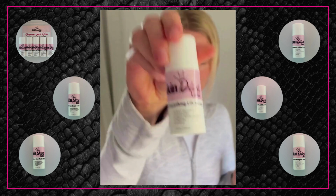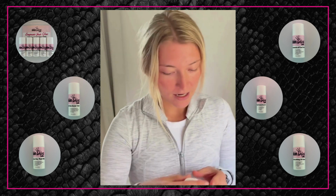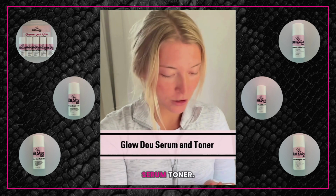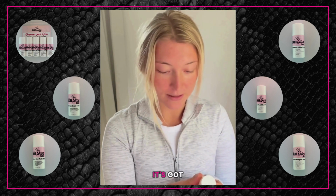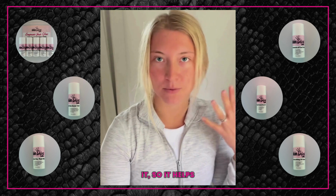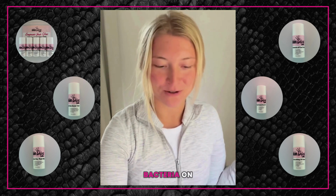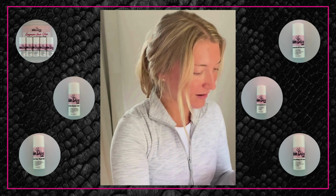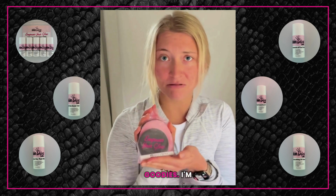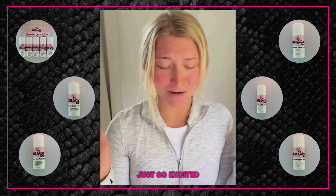And we've got the Glow Dewar Serum Toner. I'm so excited about this one. It's got probiotics in it, so it helps balance good and bad bacteria on your skin. So really excited to try that. Oh, and more goodies. I'm just so excited to try